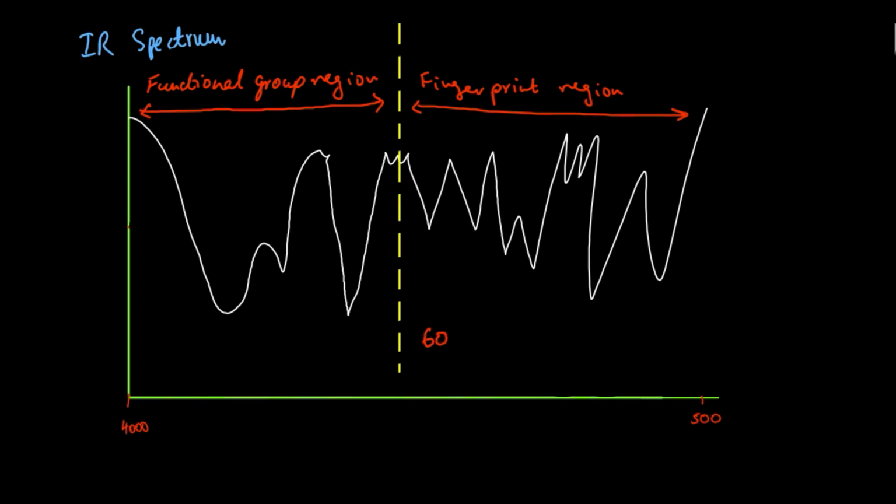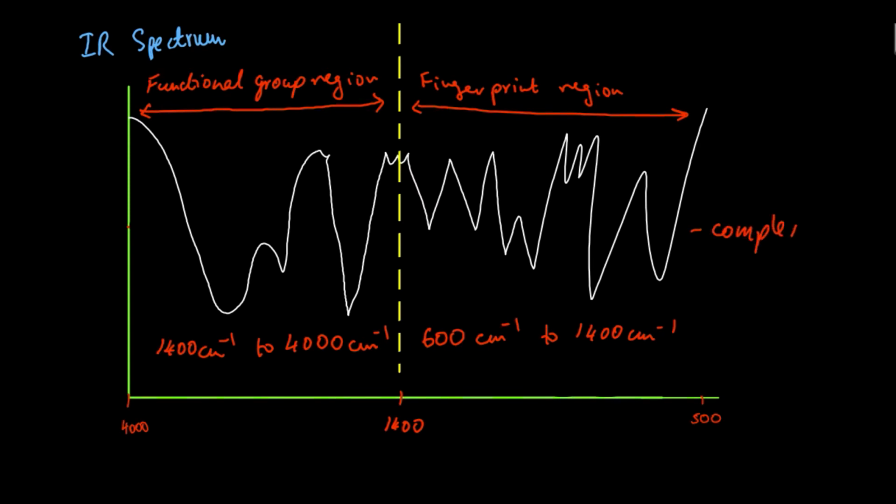The fingerprint region ranges from 600 centimeters inverse to 1400 centimeters inverse. So 1400 centimeters inverse would be somewhere over here. The functional group region ranges from 1400 centimeters inverse to 4000 centimeters inverse. Now in the fingerprint region you will find complex functional group containing compounds,